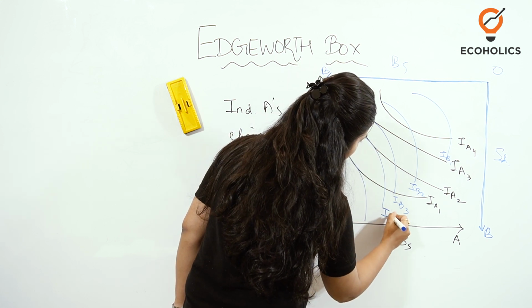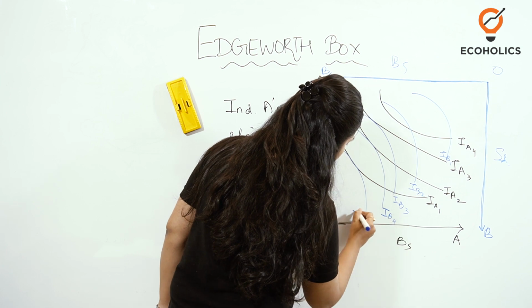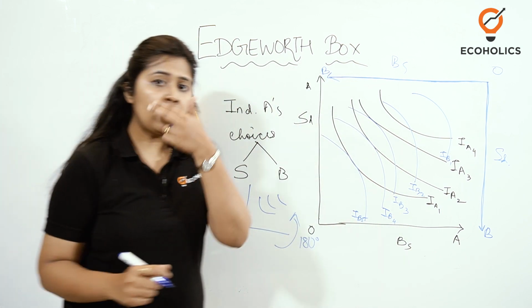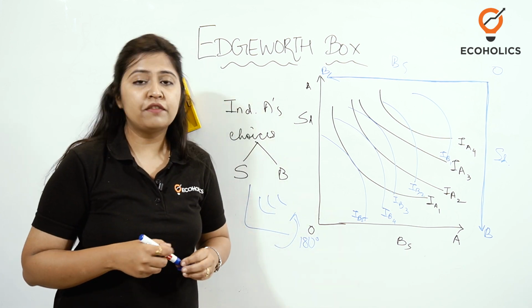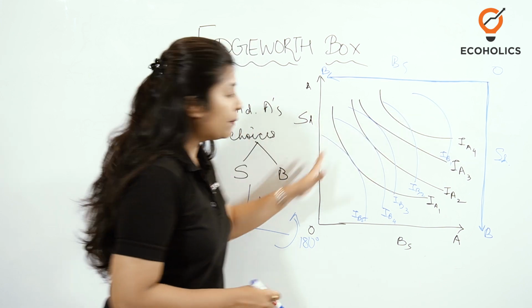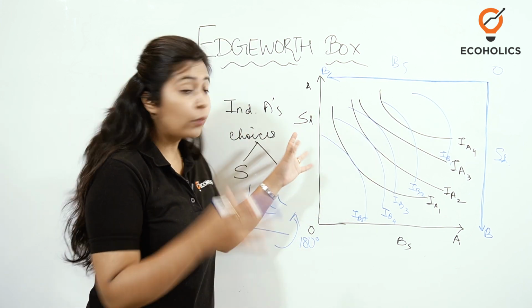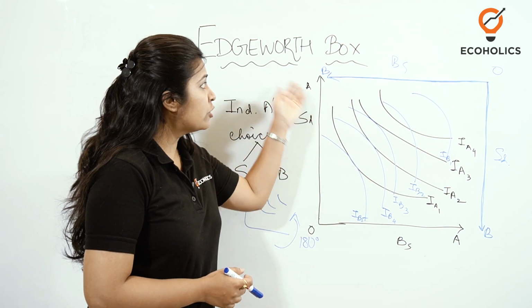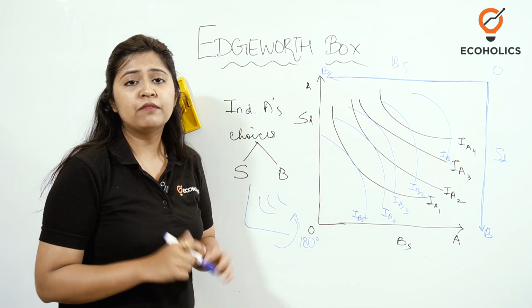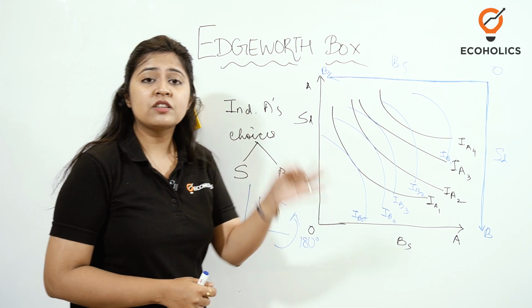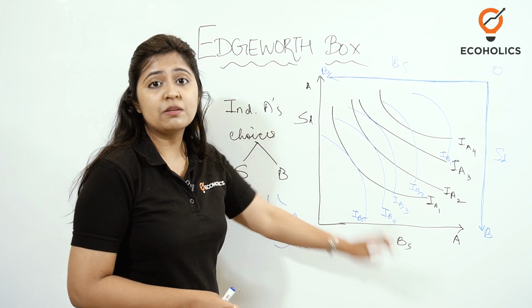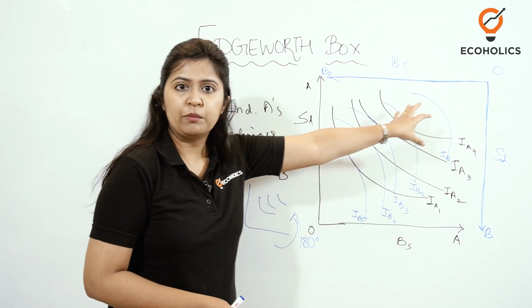So this is B4, and an indifference curve for B5. Now you all know that the higher the indifference curve, the higher the satisfaction level. Now amongst this coincidence between individual A's and B's indifference curves, how can we find out the best, most utility position to consume sandwiches and burgers in this type of an economy?